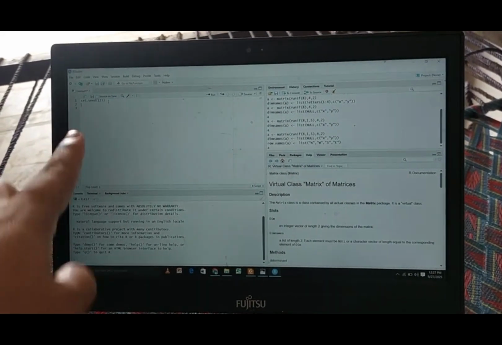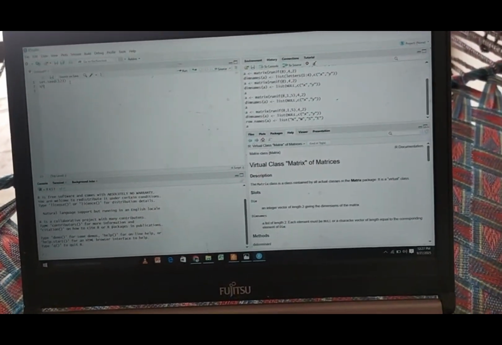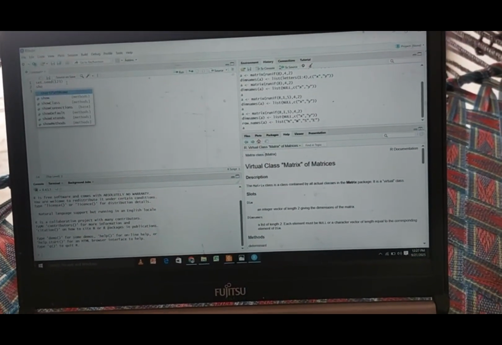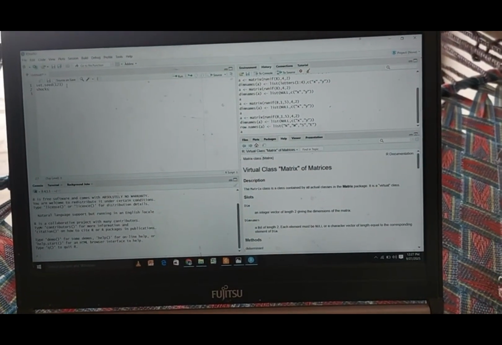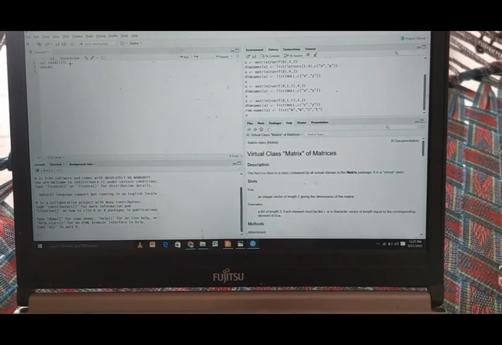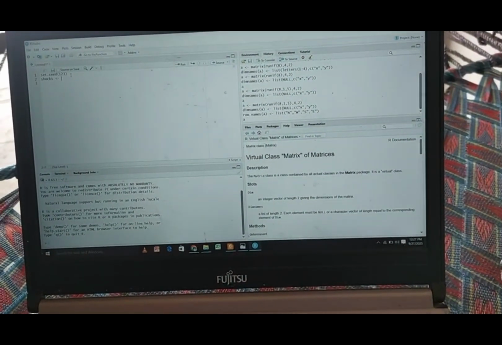So for that we need to set the shock. Let me write shocks as the variable, and we assign the value to shocks